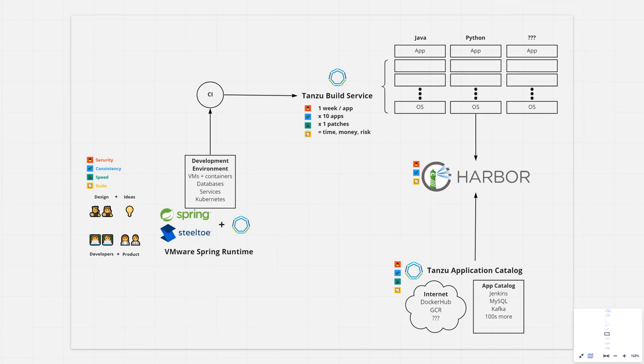From the top, we have the custom written code, your in-house code. And then that goes through all the stuff we're talking about and gets into Harbor. And then from the bottom, the Tanzu application